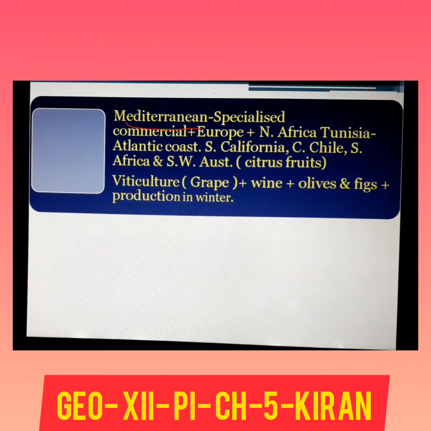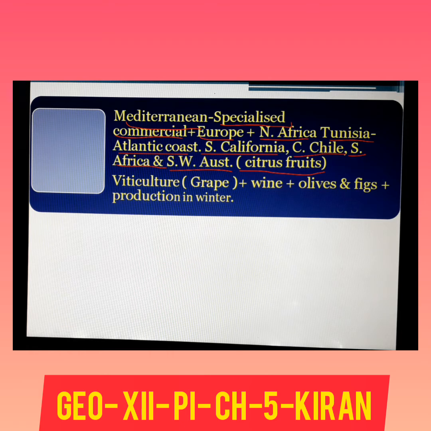Next type of agriculture is Mediterranean agriculture, which is specialized agriculture known for cultivation of vegetables and citrus fruits. It is a commercially oriented type of agriculture which is found in parts of Europe, North Africa, Tunisia, Atlantic coast, South California, South Chile, South Africa, and Southwest Australia. It is found in drier parts of the world, known for cultivation of citrus